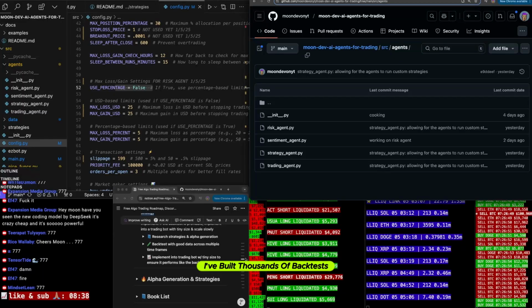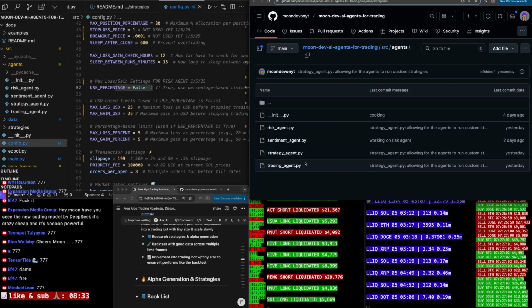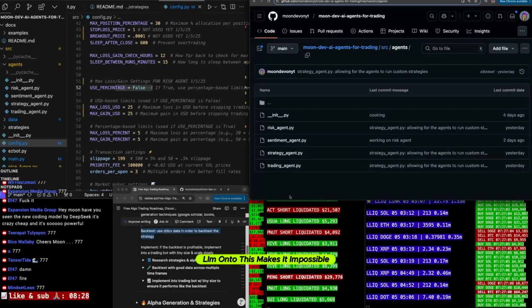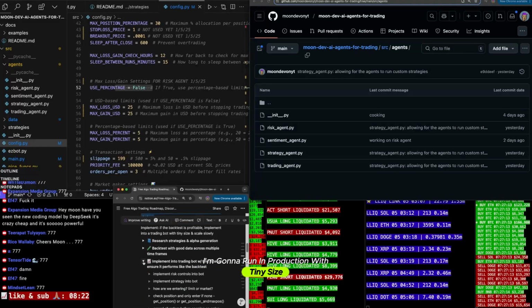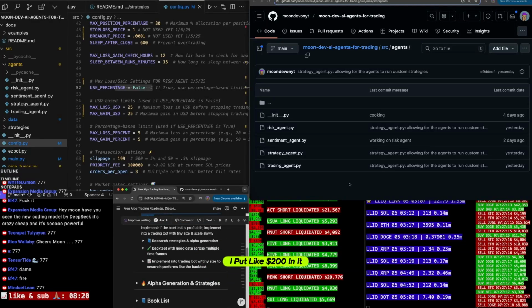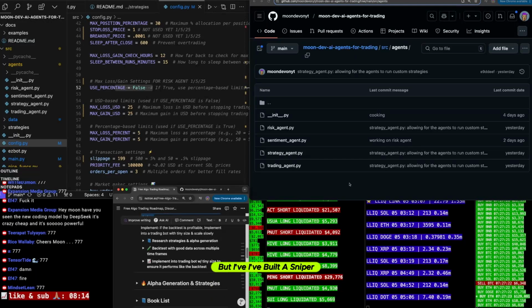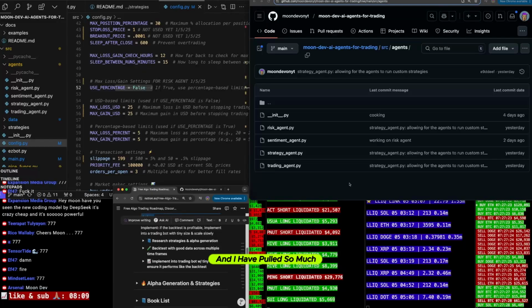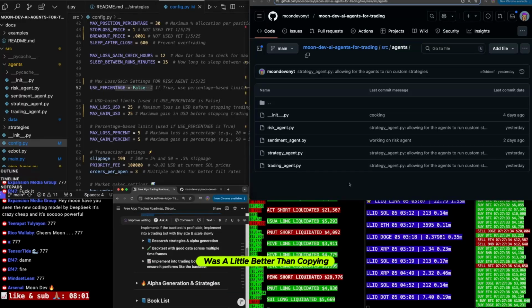I've built thousands of backtests, and I'm going to use my findings to add to these agents. But adding an LLM onto this makes it impossible to actually backtest. So what I'm going to do is run in production with tiny size. You've seen my wallet. I put like $200 in it in February, and it's down, but I've built a sniper, a copy bot, and I have pulled so much cash from those two. Now, not directly, just sniping tokens. That, in my opinion, was a little better than copying other people's